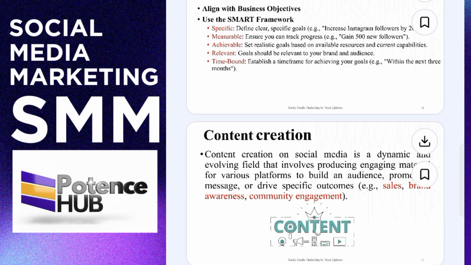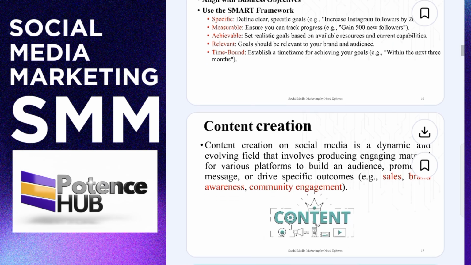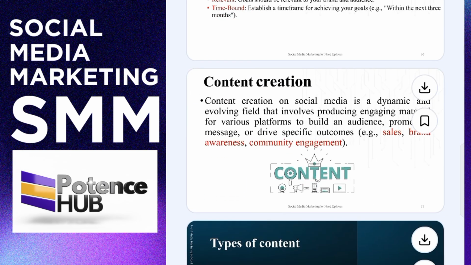Okay, time-bound, very important. Time, how long, how often should you post? Are you to post 3 times a week, 2 times a week, 1 time a week, or whatsoever? These are things you also look at, and that will also shape what your goal is going to be. Are we together now? Because if you set your goal, you should know, because time-bound also has to do with strategy towards achieving that. If not, you will not be able to do much within the social media space.